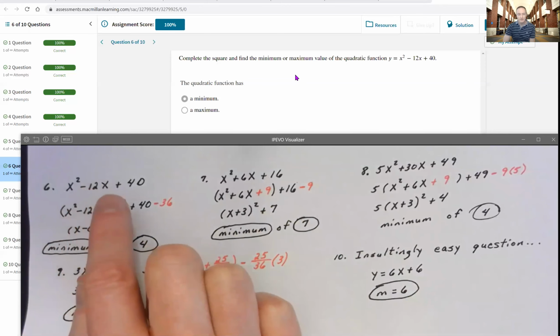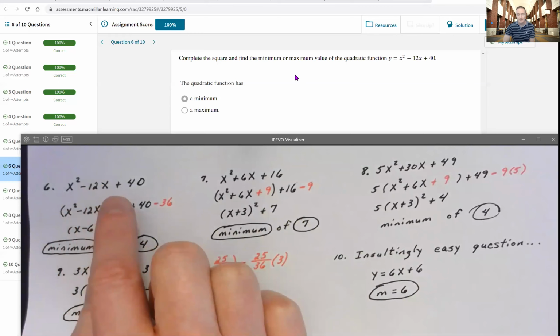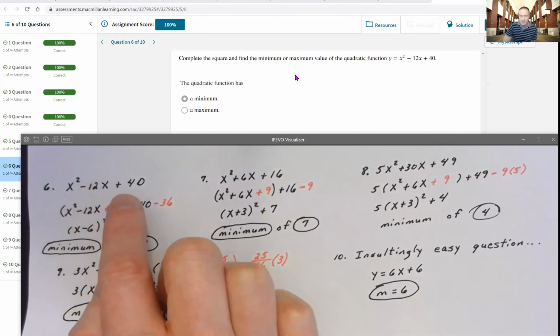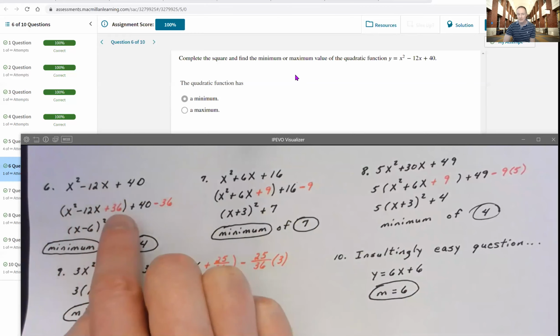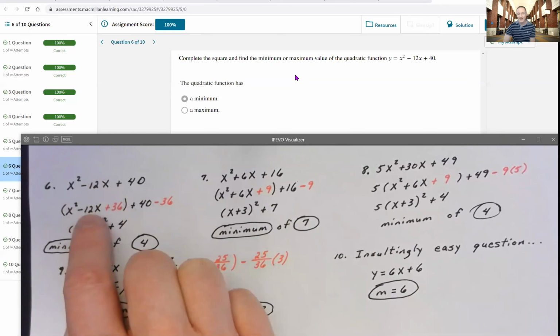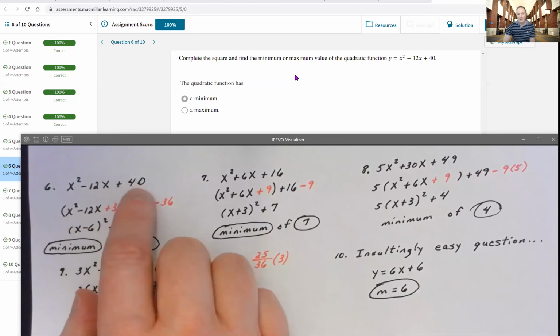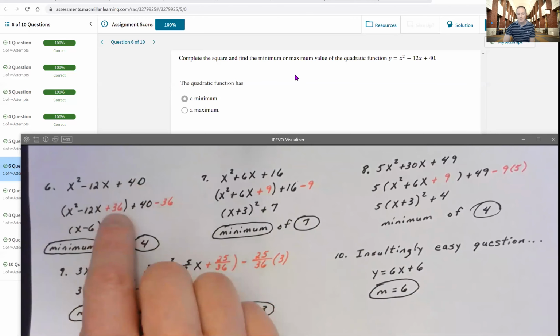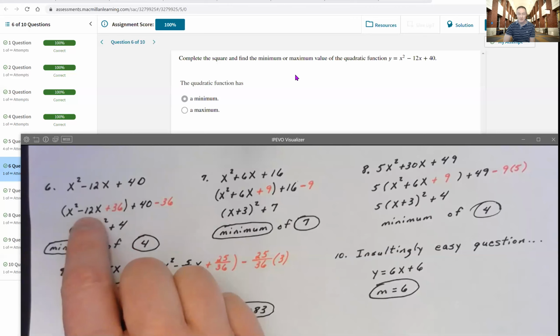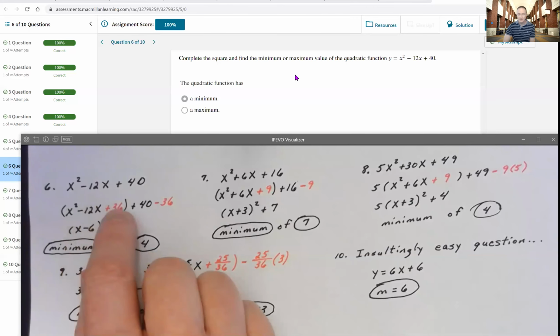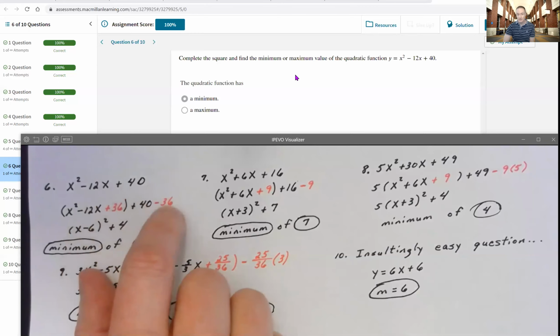in order to complete the square, I need a perfect square trinomial. Every single solitary time, the number you need for C is always half of B squared. So I just said, well, I know that 40 is not going to be helpful, so I separated it. Now on the inside there, every time it's going to be half of this number squared. Well, half of 12 is 6. 6 squared is 36. So I knew I needed to add a 36 inside my trinomial, and I subtract a